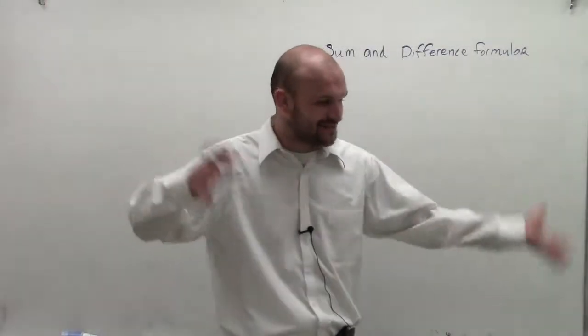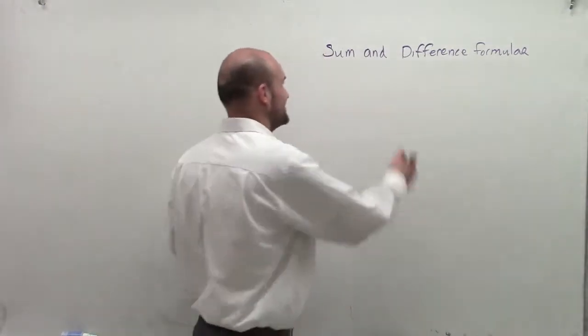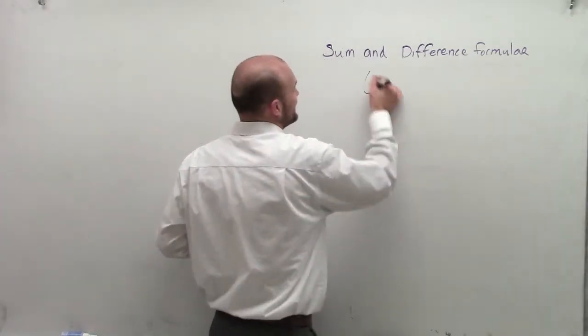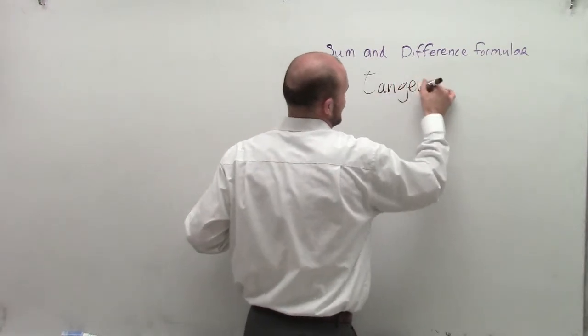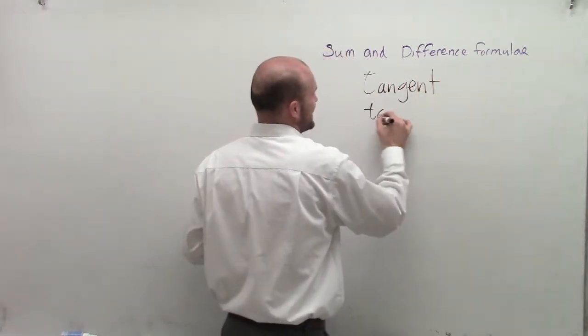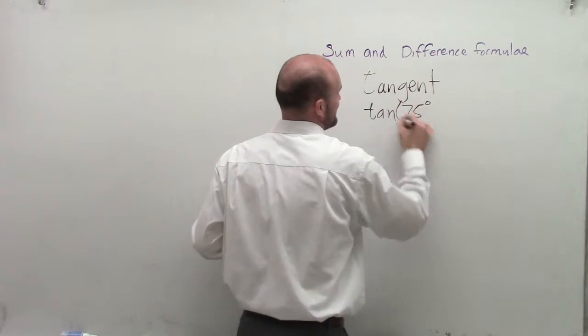All right, I always go through sine, cosine, and then here it goes, tangent. And it's like, oh crap, like Bruce, right? So now we're going to be dealing with the tangent. So let's say I want to find the tangent of an angle, and let's just use my famous angle, 75